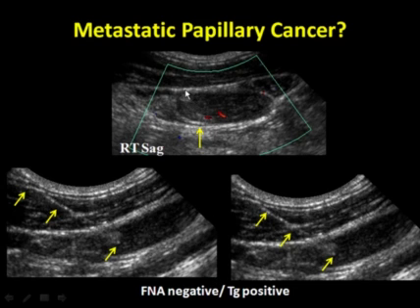Here's another case with one of these tiny echogenic foci. We put a needle right into the lesion. The cytology came back negative, so there were inadequate cells to make a cytologic diagnosis. However, we always rinse the needle tip and store the saline specimen with the washing in the refrigerator and then send it off to the lab for thyroglobulin if the cytology comes back negative. And in this case, the thyroglobulin specimen was positive, and this was recurrent or metastatic papillary cancer